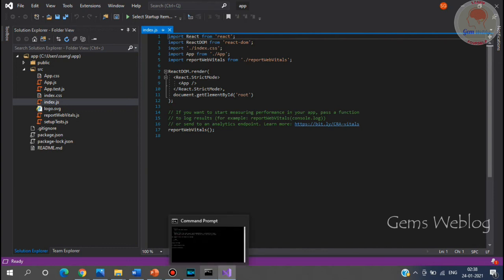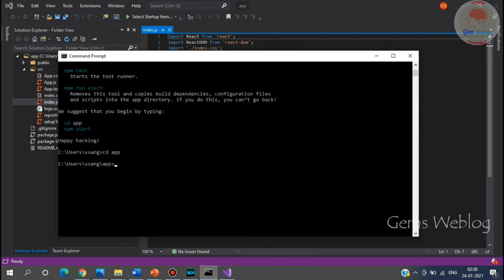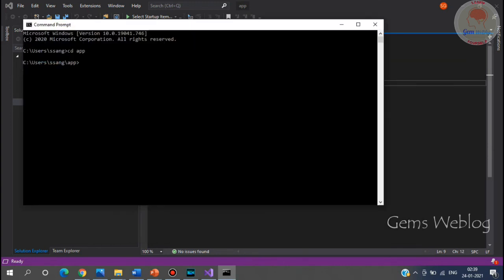Now we are going to build the project using the command prompt. Next, npm start. I am building my project on a local deployment server.